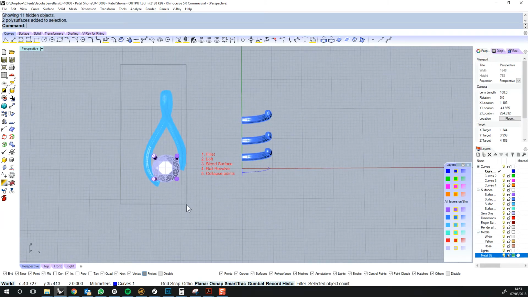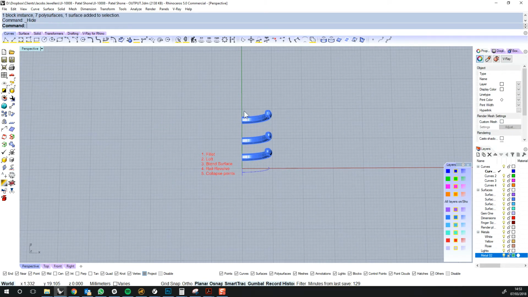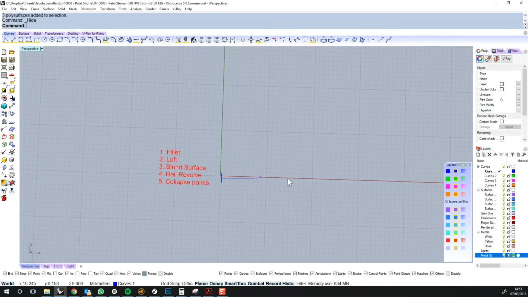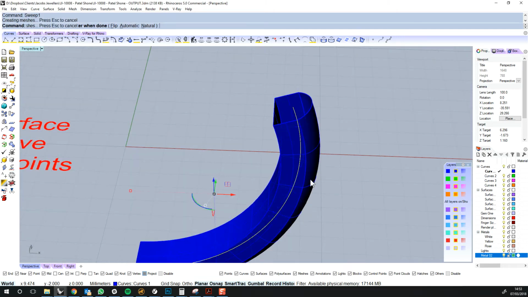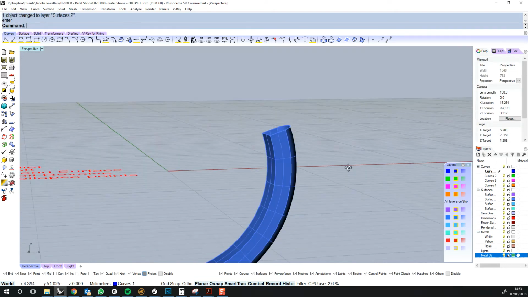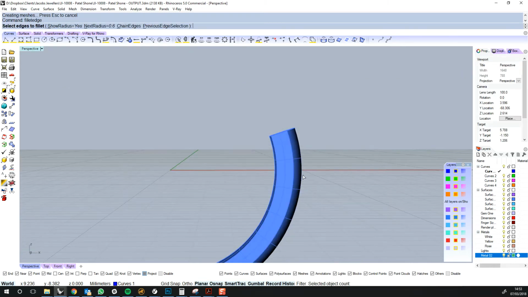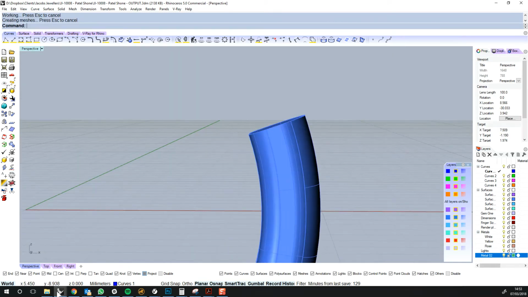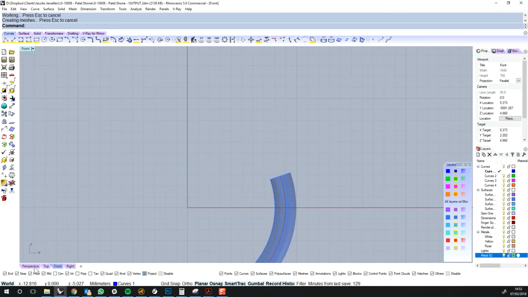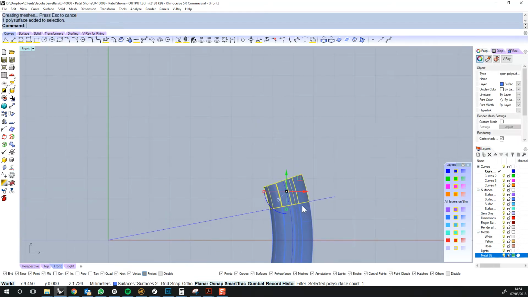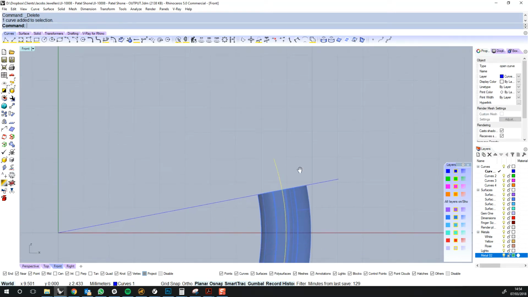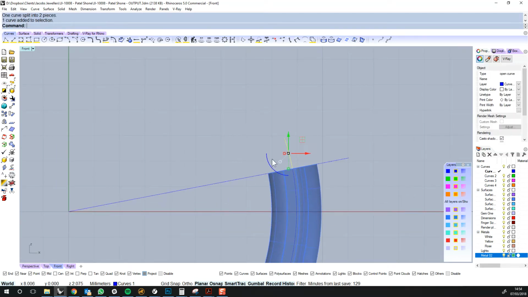What I've got over here is just an example I'm going to run through in a minute. And I keep on having to rehide that so you don't see it. Okay, next one is rail revolve, and again we've got our shank here, and again I'm going to cap that, and again I'm going to fillet it, and this time I want to draw a line. I want to split this, and we'll delete that off. I'll split this, and